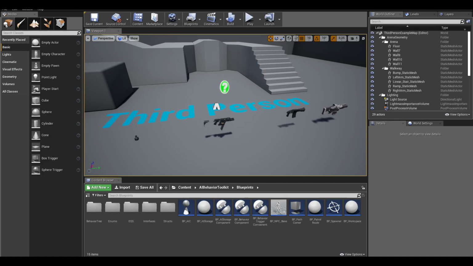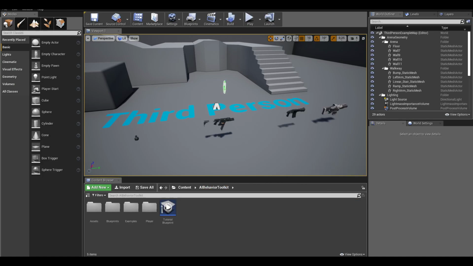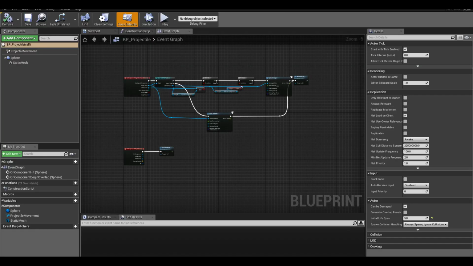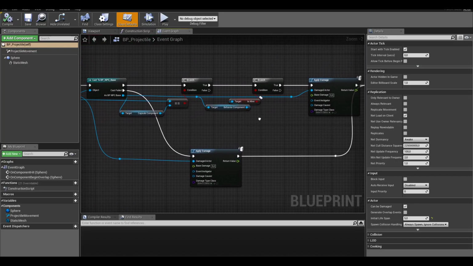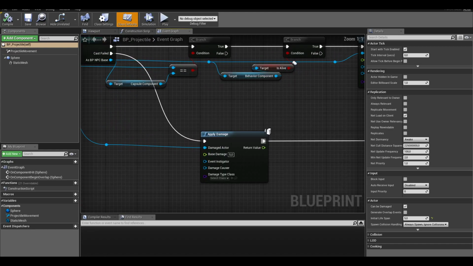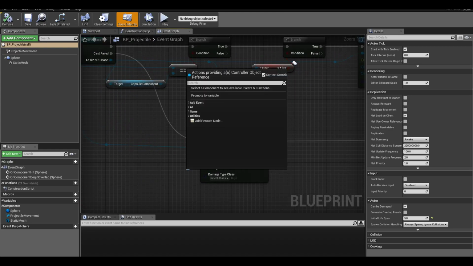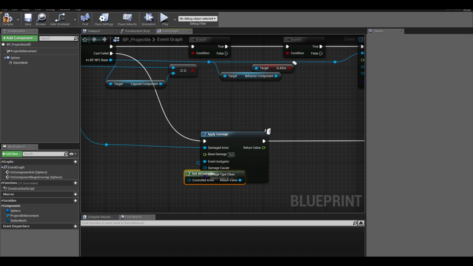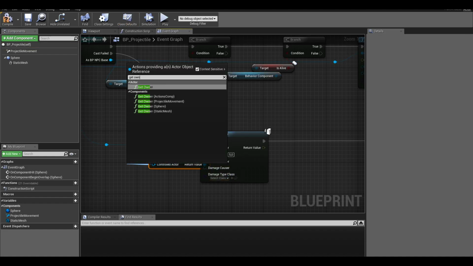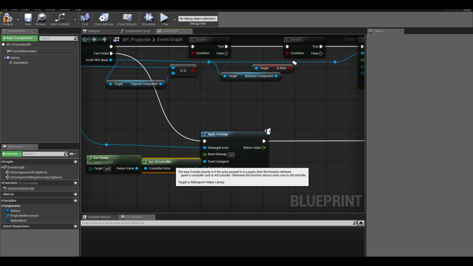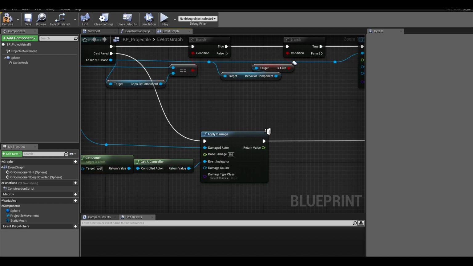Once that's done, we're going to go into the examples and then projectile, and in here we are going to do in event instigator. We are going to go to get AI controller and get owner, compile, save,